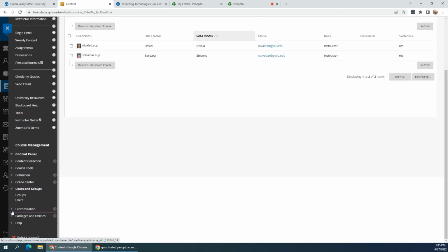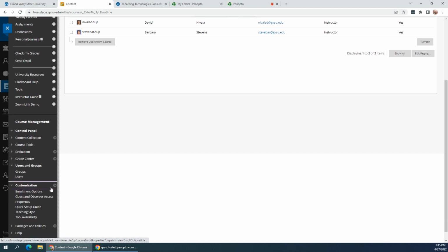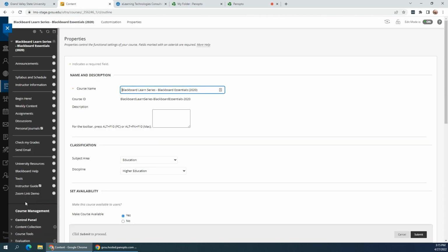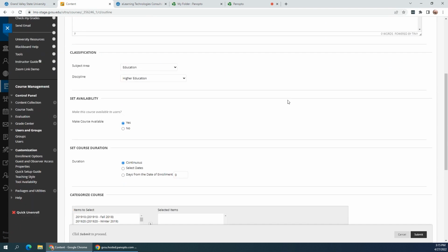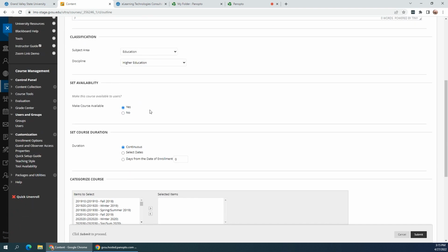And probably the most important thing to know is here in customization. When you get your course shell, it's not available to students. So what you need to do is come down to customization, click on properties, and then scroll down about halfway down the page. By default, that's going to say no, it's not available. You're going to need to click yes, and then hit the submit button in order to make your course available